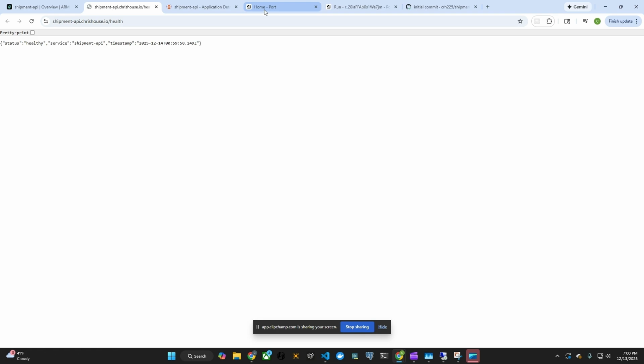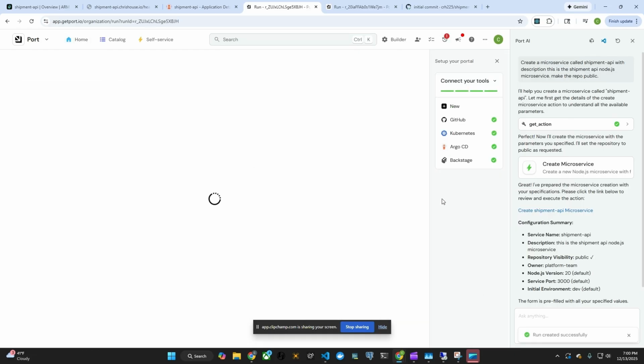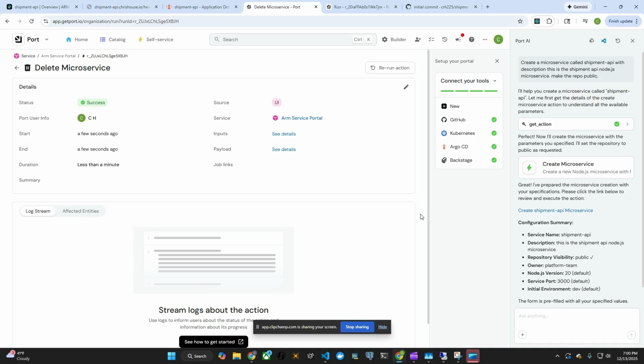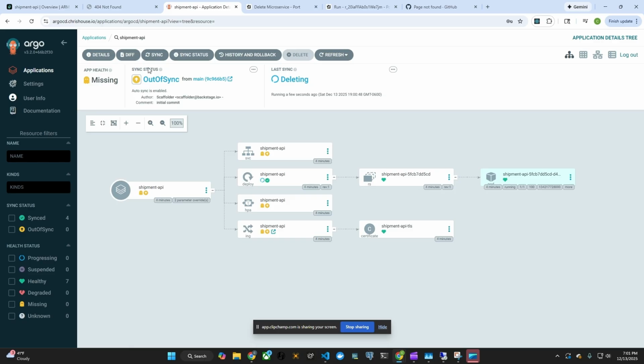So next thing I want to do is actually complete the life cycle and delete the microservice we just created. So I'll give it its name, validate that I do want to delete it, and click delete. Right now the deletion process is in progress, and it's completed. We can validate the repository is gone, our API is down, and it's getting removed from Kubernetes